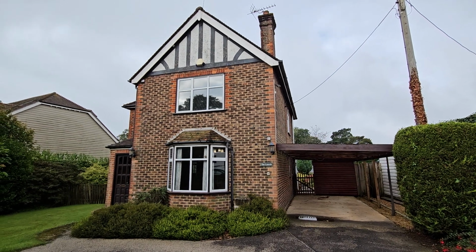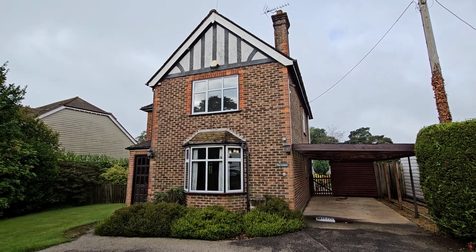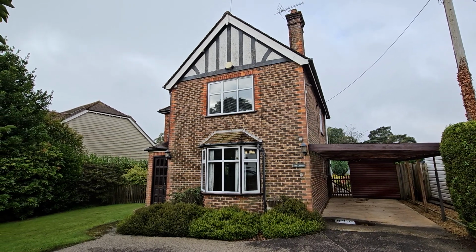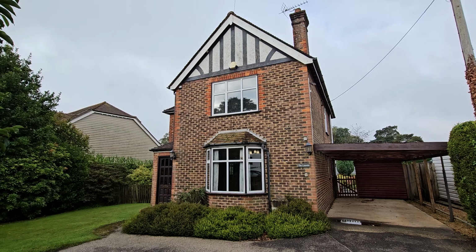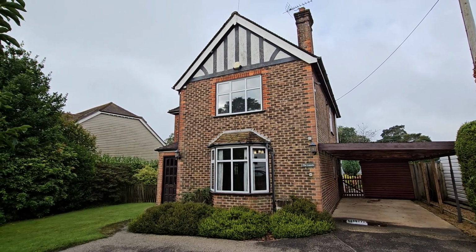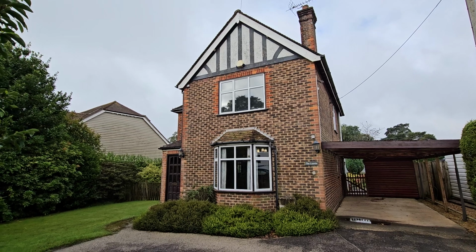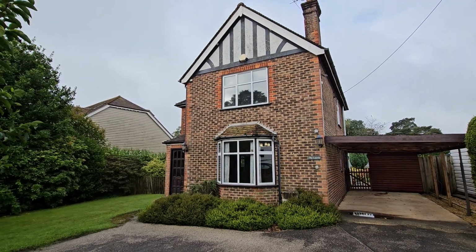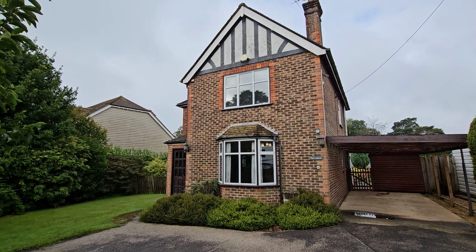Good morning, everybody. We're here today to see this fantastic 3-bedroom detached family home in the village of Handcross. So I just thought I'd wander you around the property, inside and outside, so you can get a bit of a feel for the property. But this is an extremely rare property insofar as this house, the Laurels, is the first